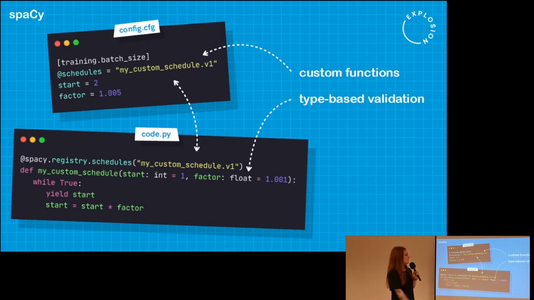So we can say this needs to be a float, which is a nice new feature we were finally able to take advantage of in Python 3. And if, for instance, in your config here, you passed in a different type that wasn't compatible, you would actually see an error message, and spaCy would immediately be able to tell you, hey, that's wrong, you probably made a mistake here, you should fix that, because that's another thing that otherwise can really cause you a lot of annoying debugging time.